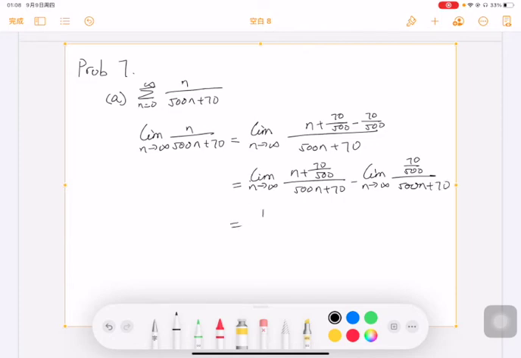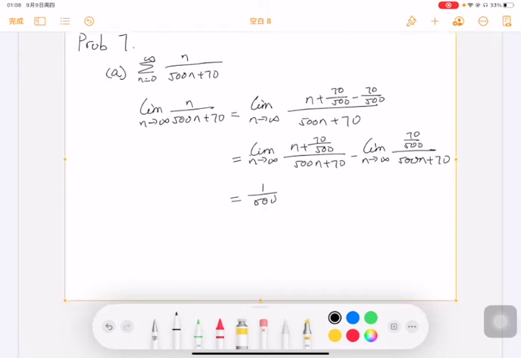The first limit is 1 over 500, and the second limit is 0, so you get 1 over 500. And then by the limit test,